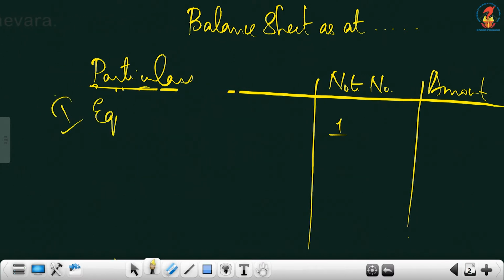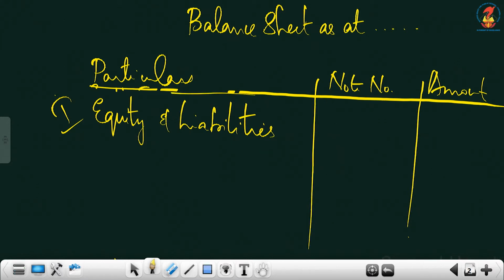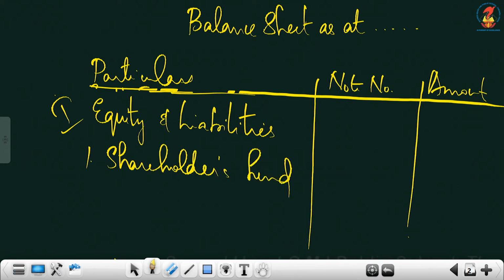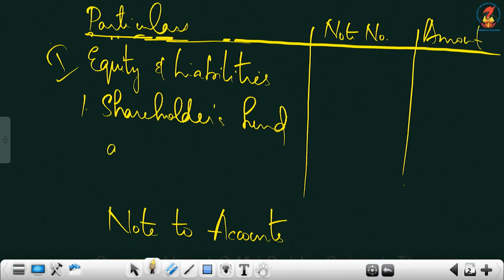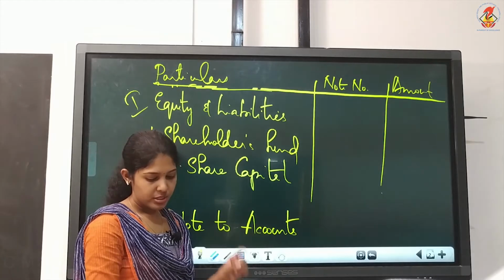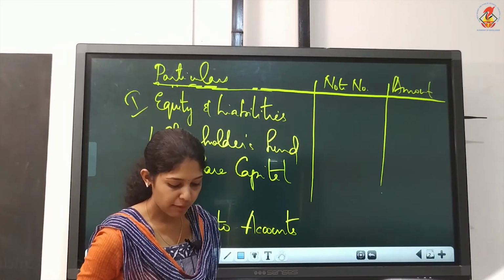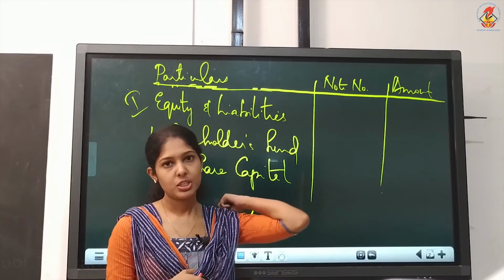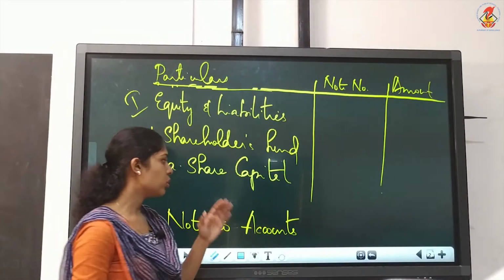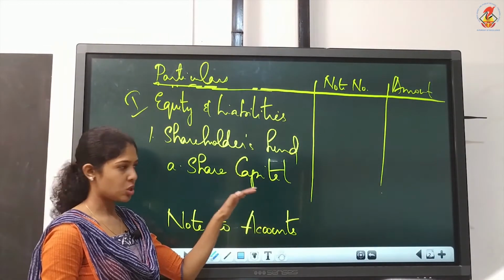And here, you write like this. First one, the main heading, equity and liabilities. Below that, first one, shareholders fund. Below shareholders fund, what do we have? That is share capital. Just read the question. Are they asking you to do the entire balance sheet? No. Just read the last sentence. How will share capital be shown in the balance sheet of Strong Limited? Only the share capital they are asking for. So no need to write reserves and surplus. You can just stop with this.